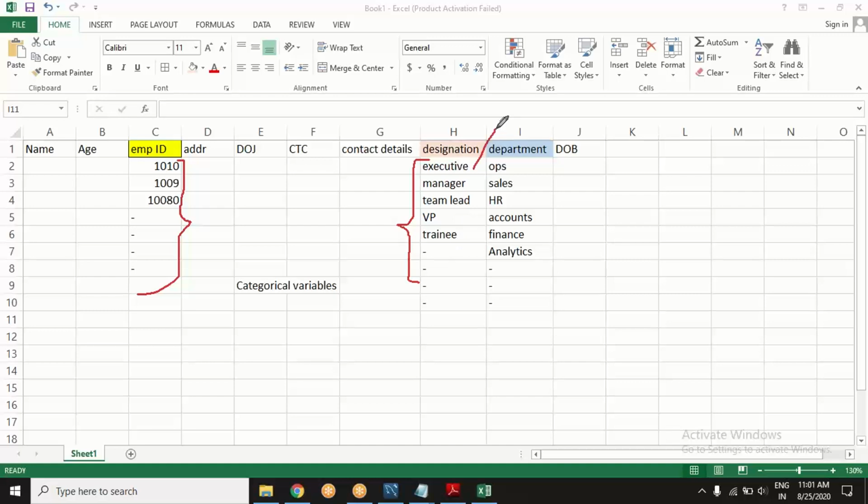Then maybe there are 50 executives, 20 managers, 30 team leads, and so on. VPs will be only 4 or 5, but again they enter the category. Yes or no? Again categorical. According to designation, I can categorize these employees.